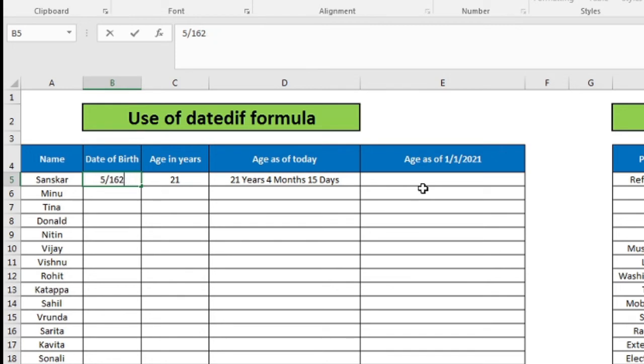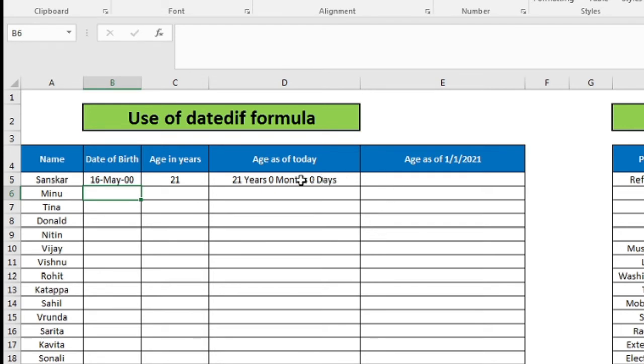So 5/16/2000 means 16th of May 2000. So exact age in years is 21, and exact age in months and days is 21 years 0 months and 0 days, because it is 16th May and today is 16th May.